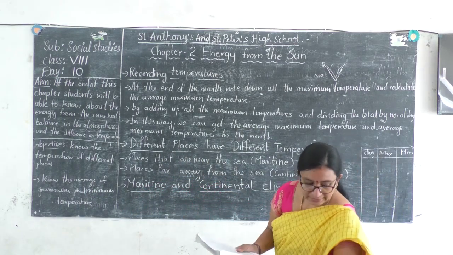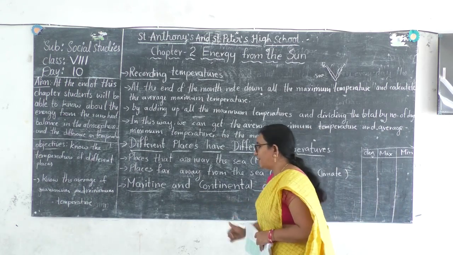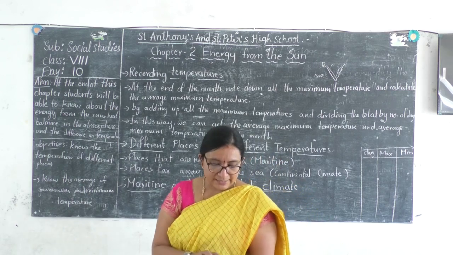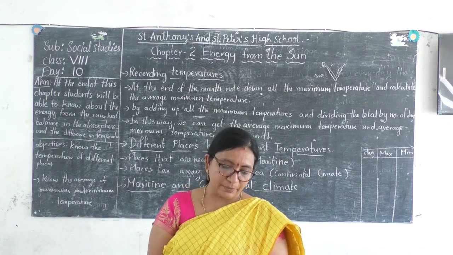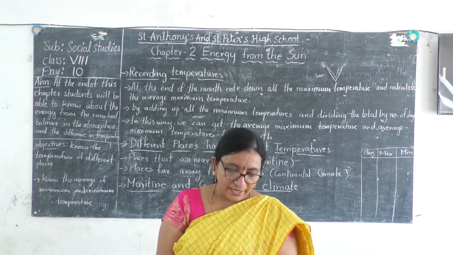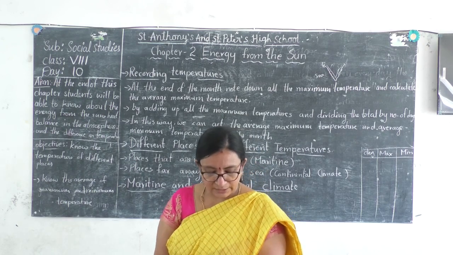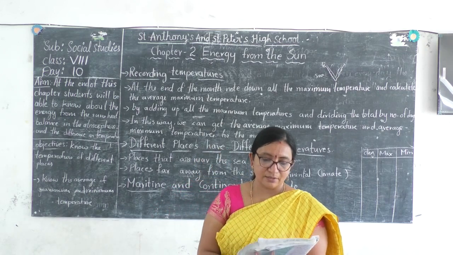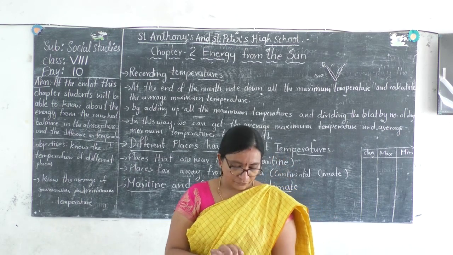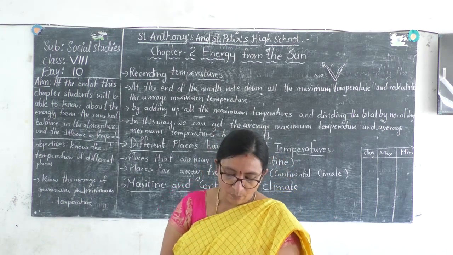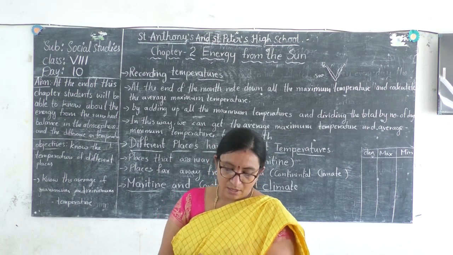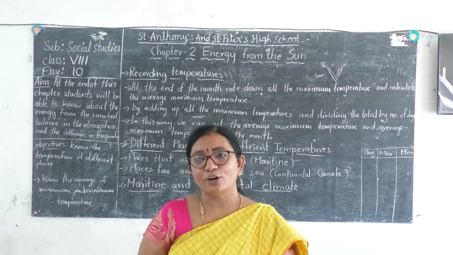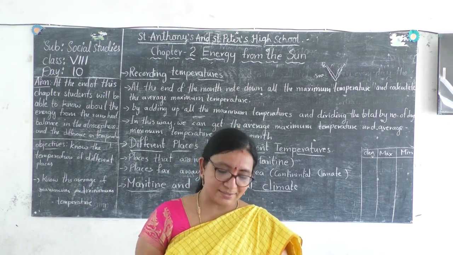As I told you, the climate near the sea is known as a moderate climate. Therefore, places near the sea usually have a temperature that remains fairly constant throughout the year. They have what is known as a moderate climate. So you can see here, there is no moderating influence of the sea in Hyderabad. Why is it not there? Because it is away from the sea.